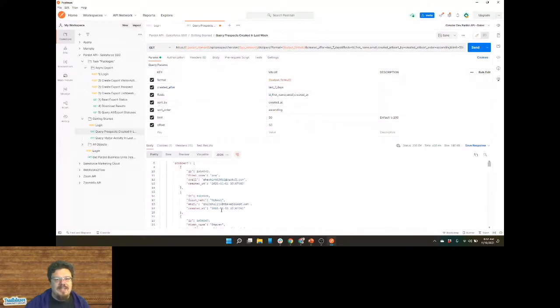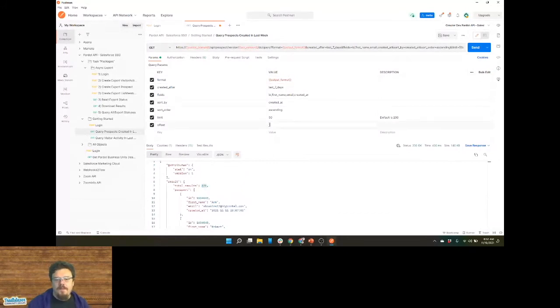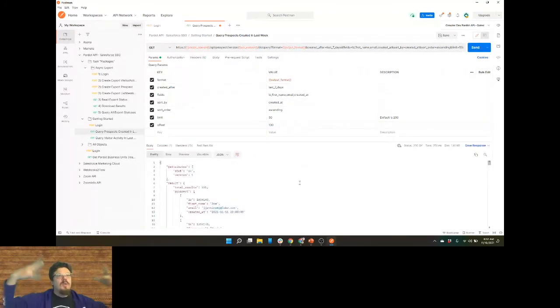So it's the next set of the results. So the next 50 of the 221. If I want to get that third page, I want to do an offset of 100 and send that, and I'll get the next set of data. So we can kind of page through our data using this capability.